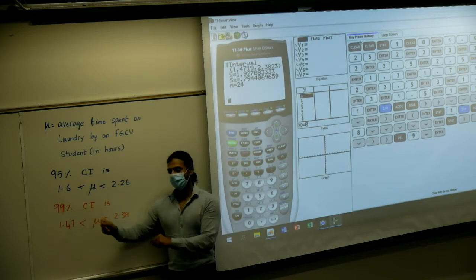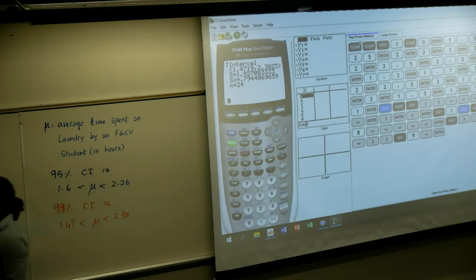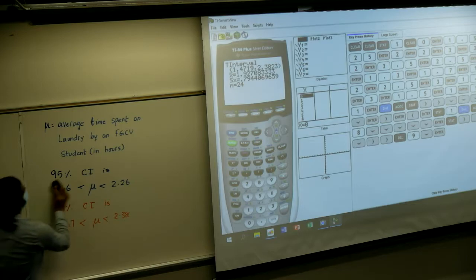Going along with what Benson said, we would like to achieve an interval as accurate as possible for 99%. In other words, given two options, if I have two different intervals, both at 99% confidence,